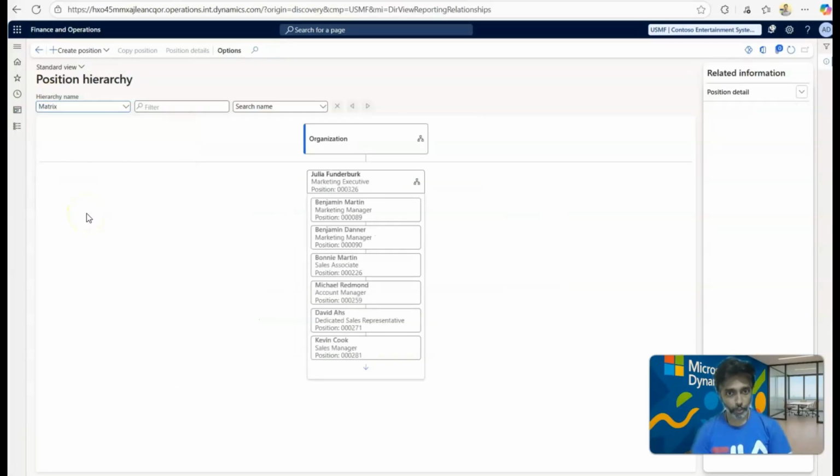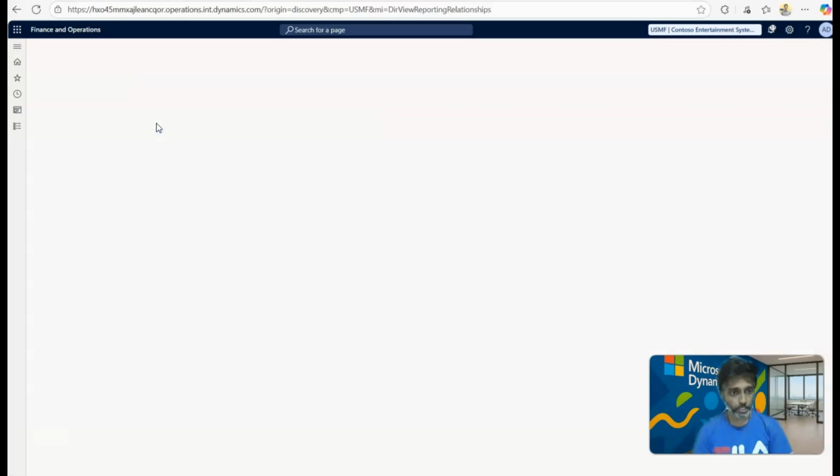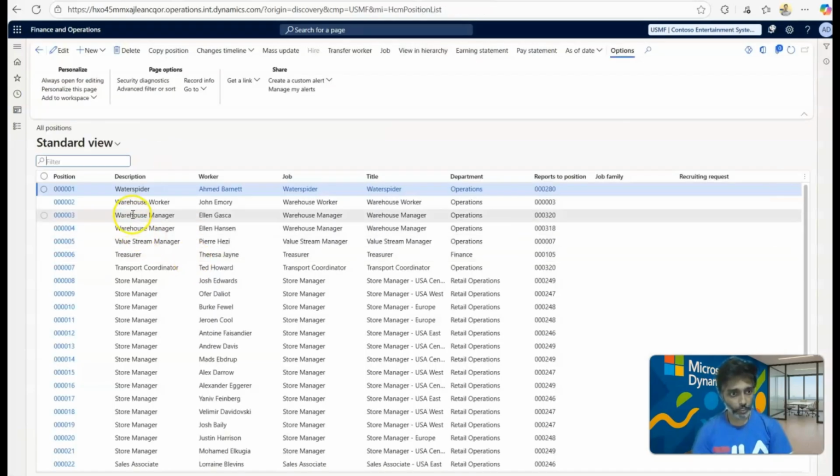I'll also quickly show you how we assign this matrix or project in your workflow itself. So these are the hierarchy names which we have, workflow and project, as part of the out-of-the-box fields. But you can also create a custom position. So let's say I go to all positions, and then click on any user,